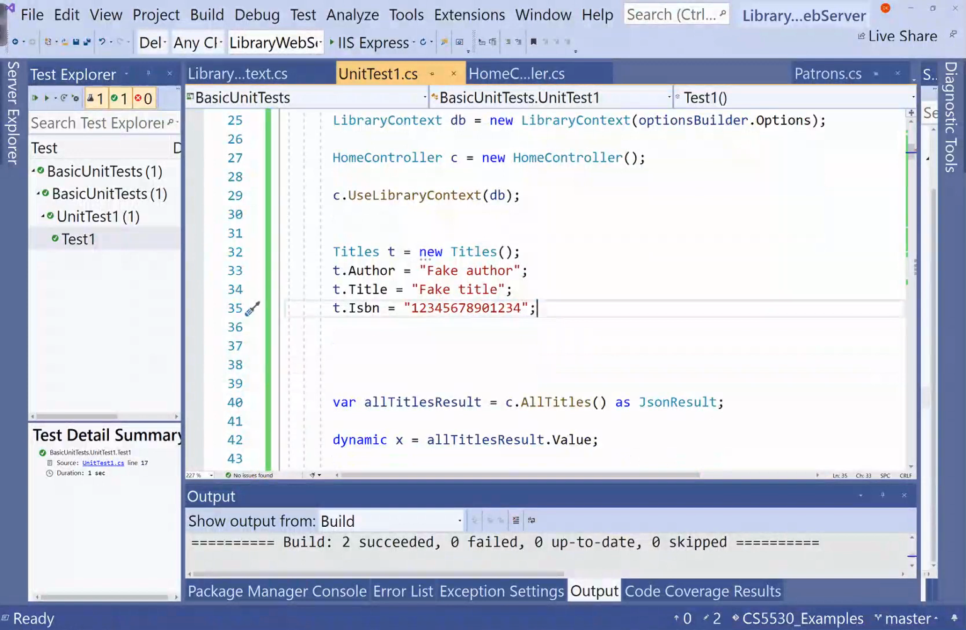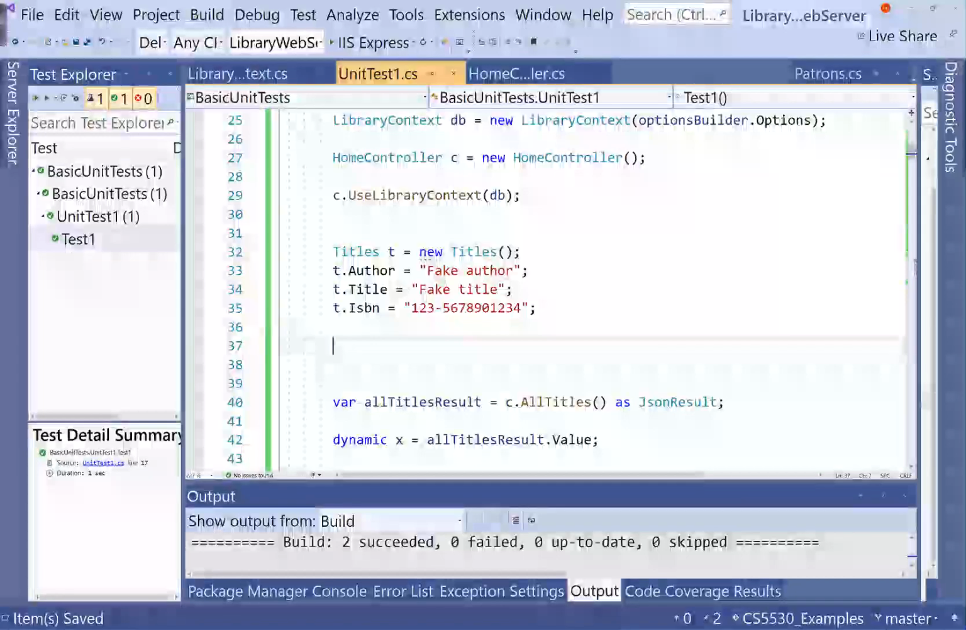Okay, so that doesn't actually follow the real format. Let's make it follow the real format. I'll replace one of those with a dash in the right place. Okay, there's our fake ISBN. Now, to insert something into a database using LINQ, we can just do